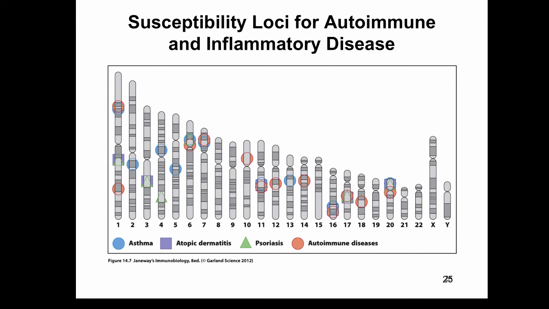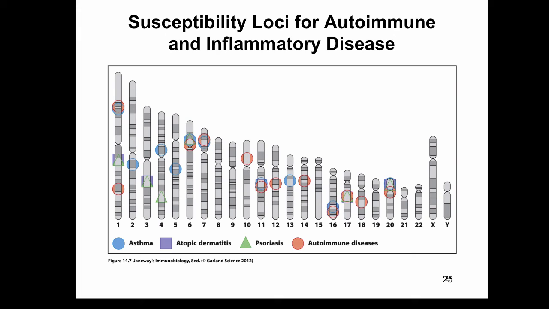In addition to MHC, which is encoded on chromosome 6 in people, there's a whole variety of other genes that have been identified by genome-wide association studies, and there are more and more genes identified this way every day that seem to be associated with an increased or sometimes decreased risk for developing autoimmune disease. But usually these associations aren't sufficient